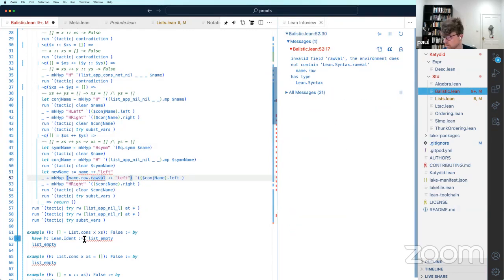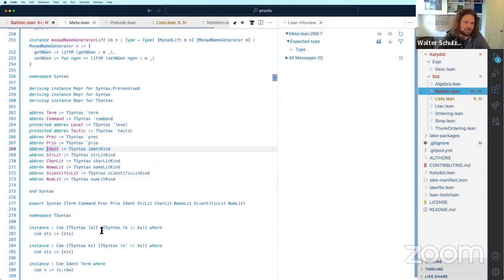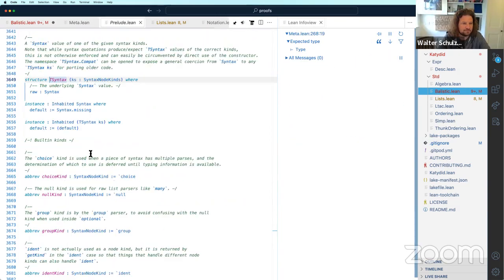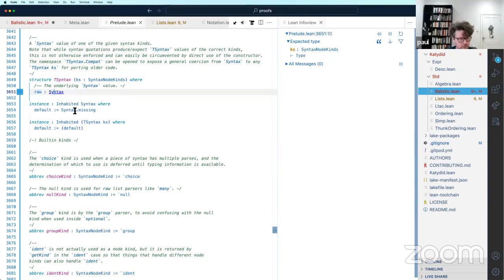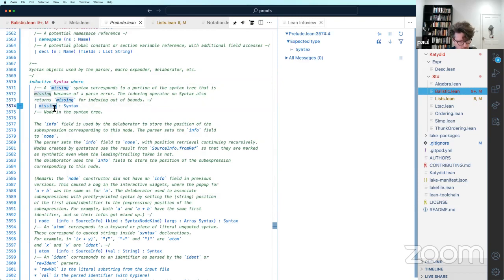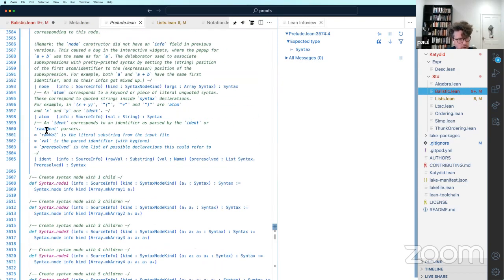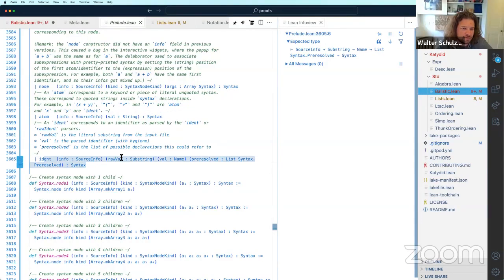No. Wait, where did you see that? Here's a raw. So raw, and then in syntax, go to syntax, and it had a whole pile of stuff, including raw val, the literal substring. Oh, but that's here. Oh, okay.